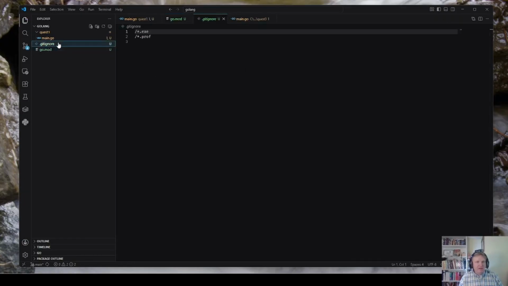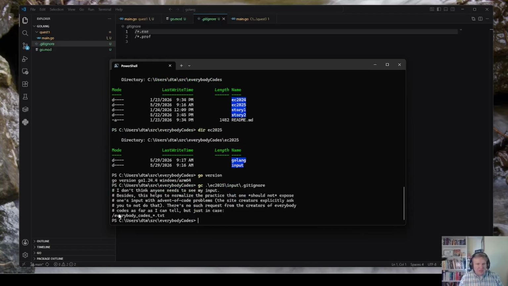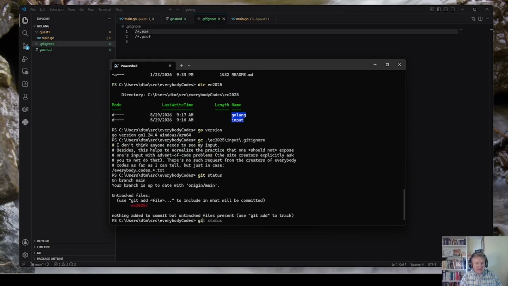So I have my Go mod file, I have standard git ignore, and I also have a git ignore file in my input directory, just to ignore all of the input files, so that when I do a git commit, I don't accidentally commit my input.